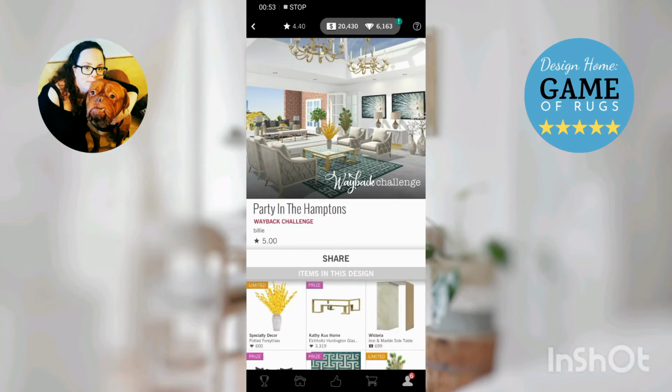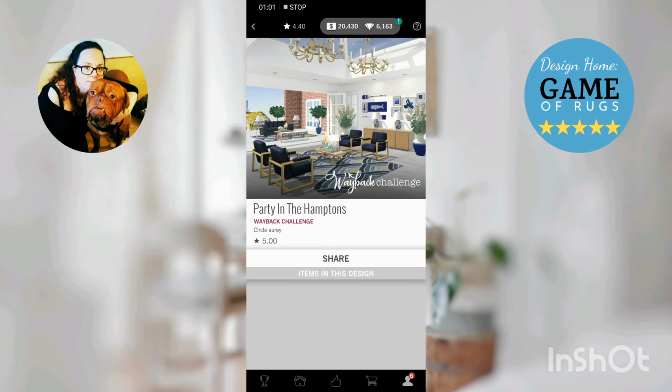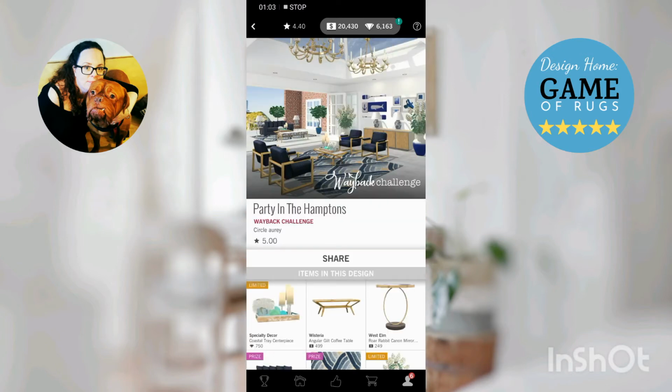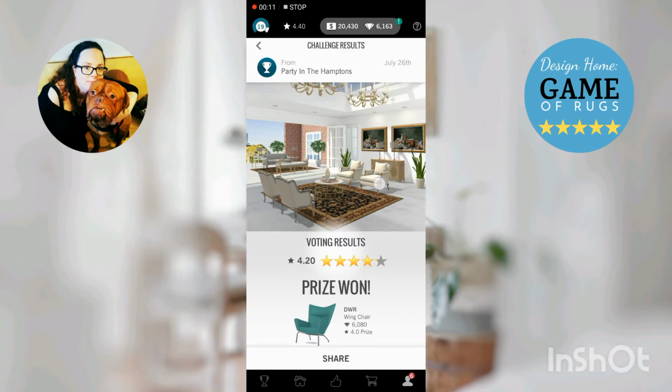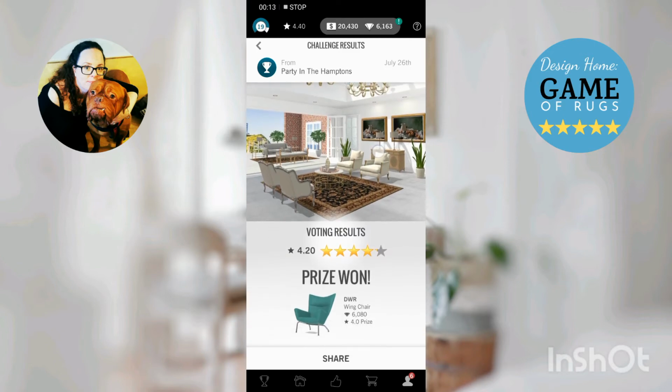Teal. Wow, okay. Those are bold art choices. That actually really works well. And what else do we have? The same blue. Again with the nautical. I mean, I don't know what else you're going to hang on the wall. A 4.2 is disappointing because I feel like I met the sort of remit for this design really well, and